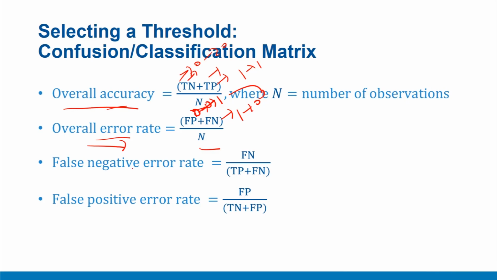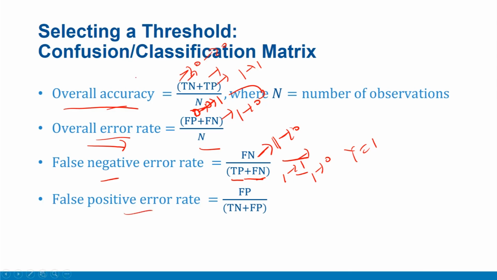Another measure is false negative rate. That means overall, what is the incorrect classification for the actual y equal to ones, in this case defaulters, that is incorrectly classified ones. So those that are ones incorrectly classified as zeros divided by total number of ones. How do we arrive at total number of ones? That is true positives, ones that are classified as ones, and false negatives, ones that are incorrectly classified as zero. So the denominator is total number of ones and the numerator is only those ones that are classified as zero.